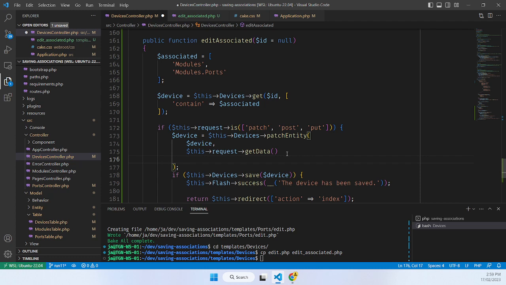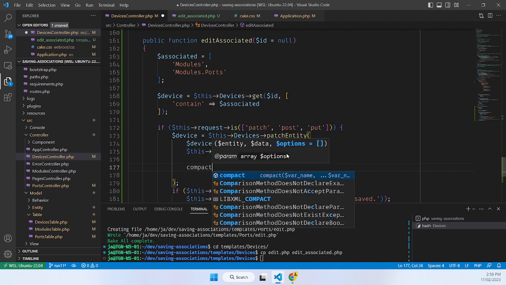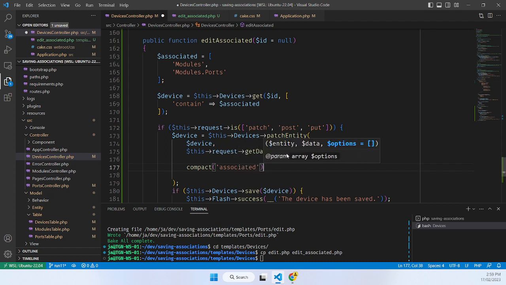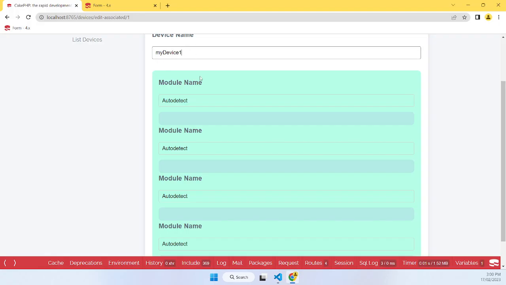So what we need to do here, and we can do it a number of ways, you can do that, but to make it more obvious, associated and then associated. So now we're basically saying when you patch, make sure you include these two levels of associations in the patch and commit them to the database as well, please. So now we've done that,